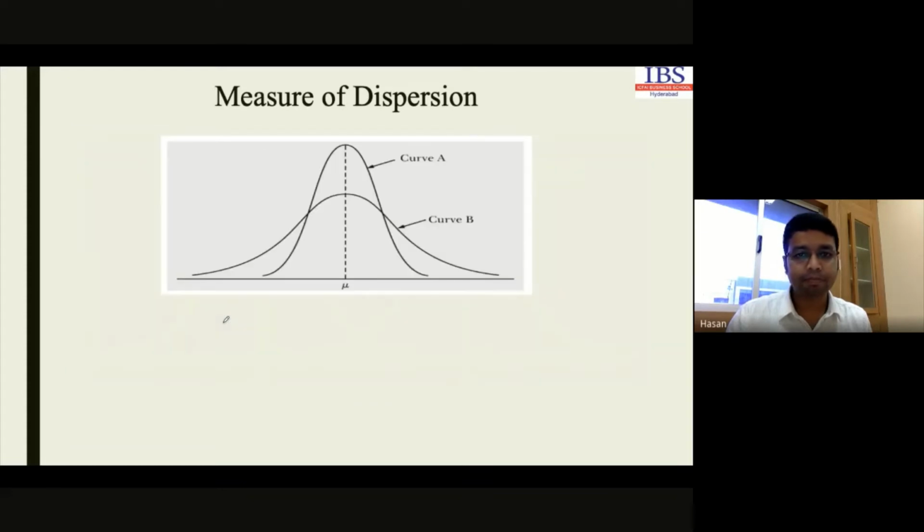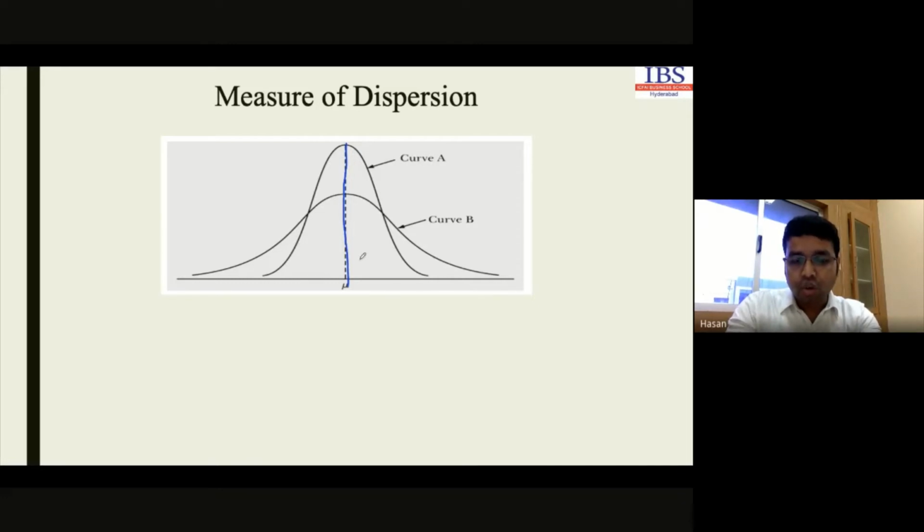Look at this curve again. Mean is the same, but in that case, median and mode will be different. So with the simple mean, median and mode, we are not going to represent our data completely. To get the complete information regarding data, we'll have to get the spread of the data also.